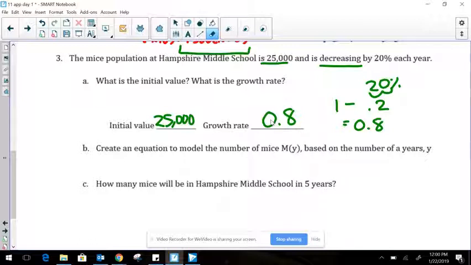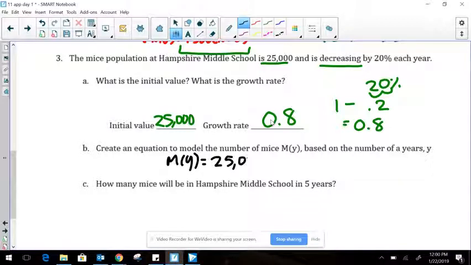Okay, so now we have an equation. I'm going to write m of y. My initial is 25,000. My growth is 0.8 to the y. Okay, so now I'm going to plug in 5 for the y here. So m of 5,